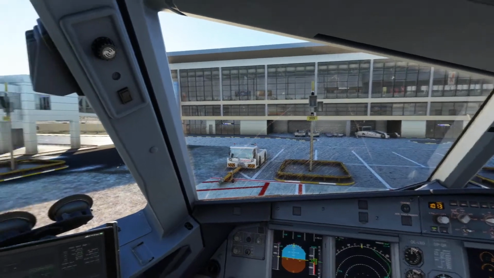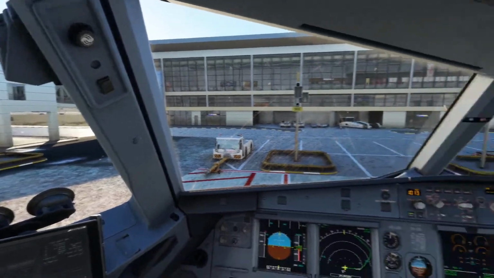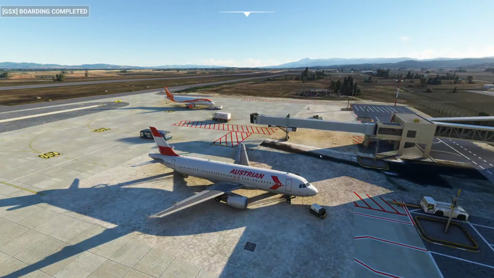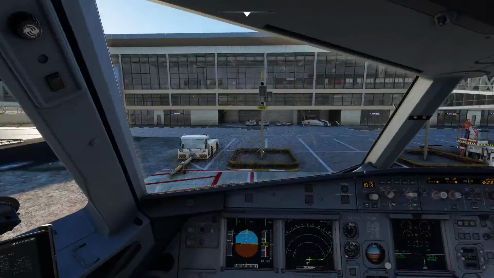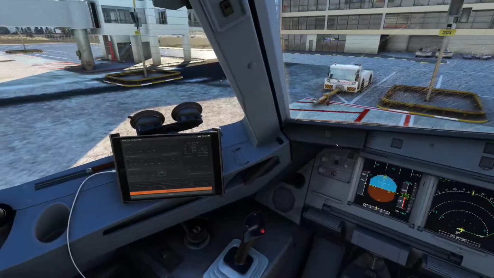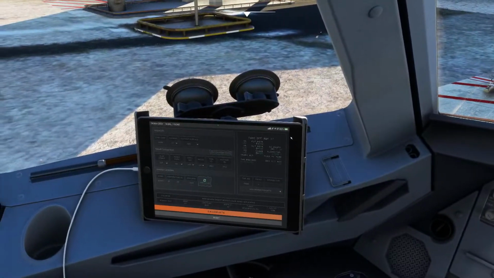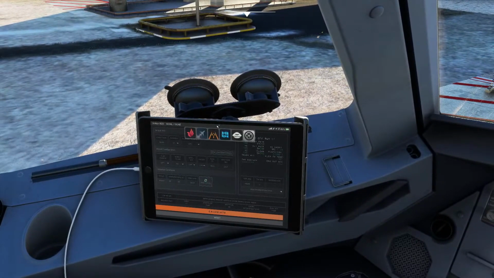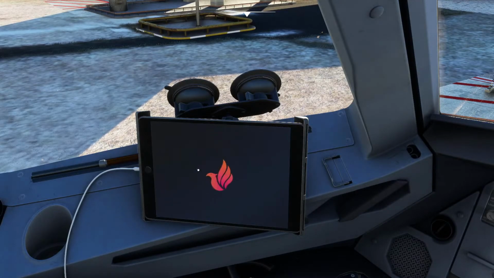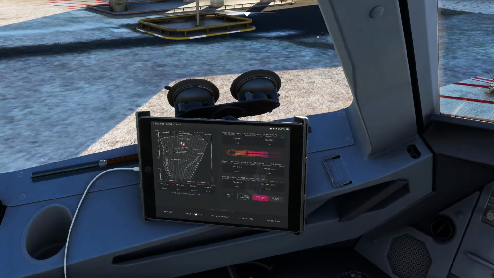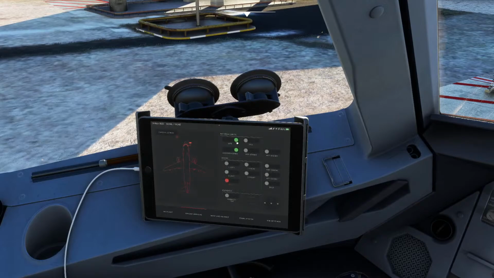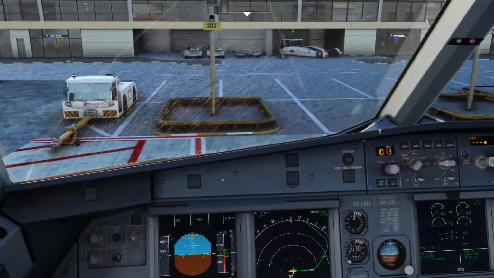Right, boarding is now complete, folks, and let's take a look here. As you can see, the passenger bus is departing, and we're going to come now and remove the ground power unit. If we go back here, excellent, and we're going to go to ground services. We're going to remove the GPU and the chocks,